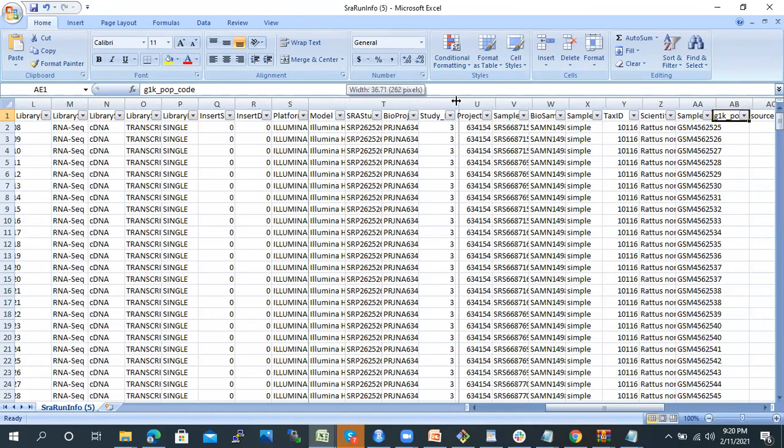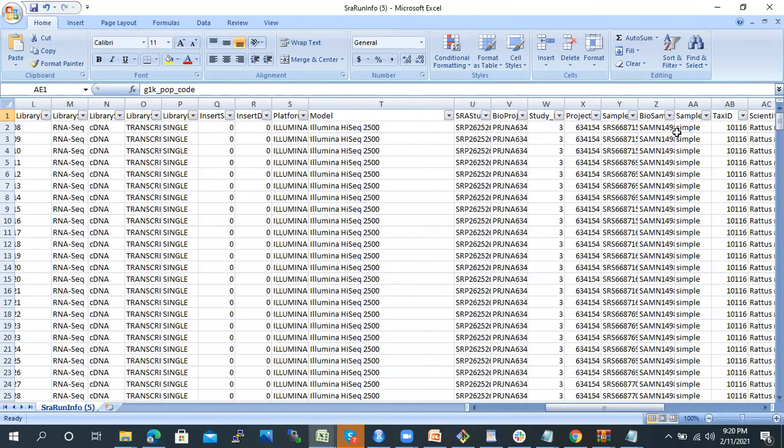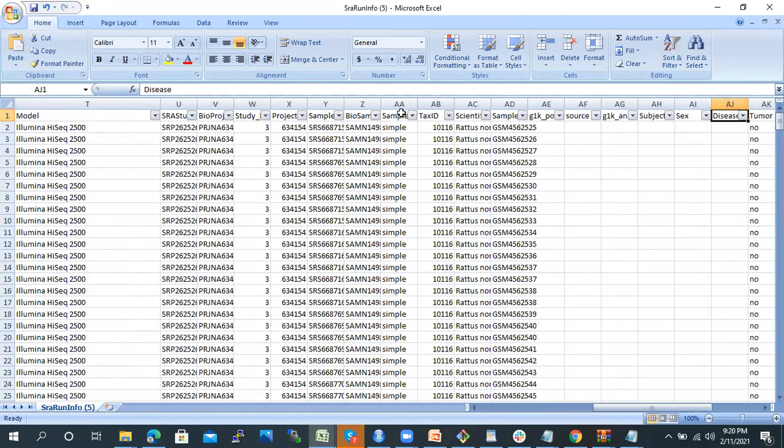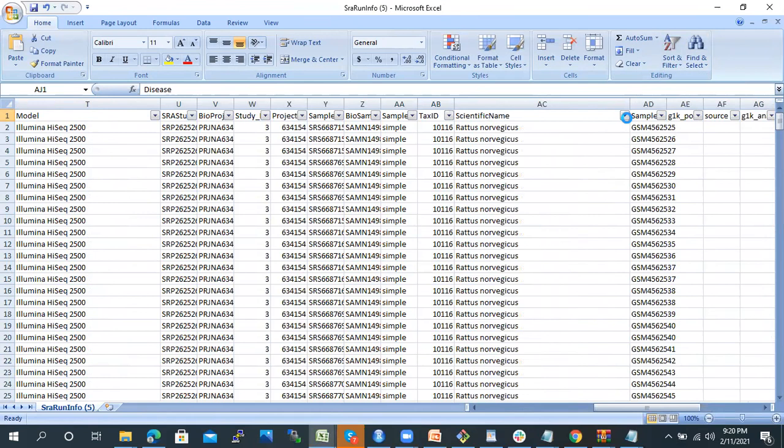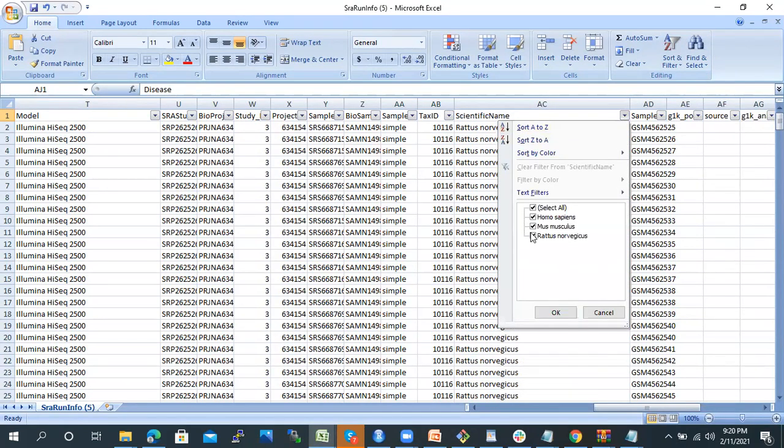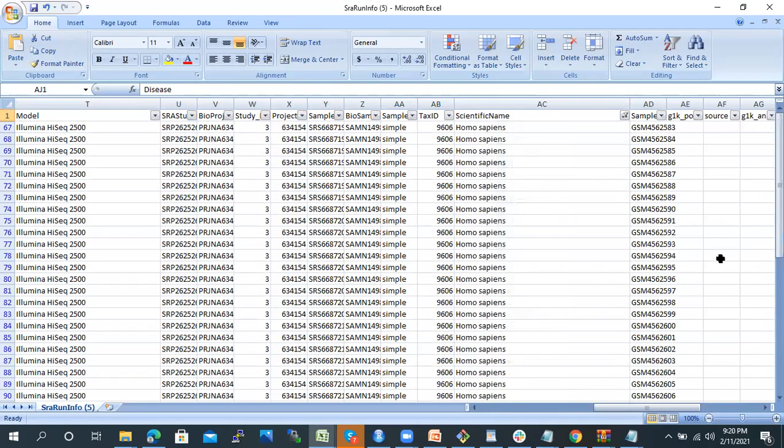I think it is here. Okay, yes, here. There is Rattus. From here we can filter out: I'm not interested in mice, only in Homo sapiens. So you can select that and reject the others. Now you can copy this.